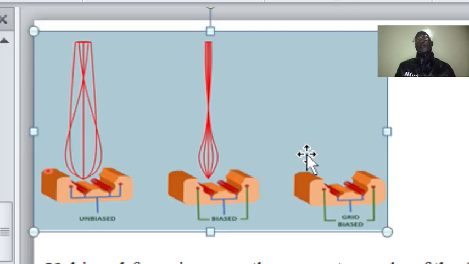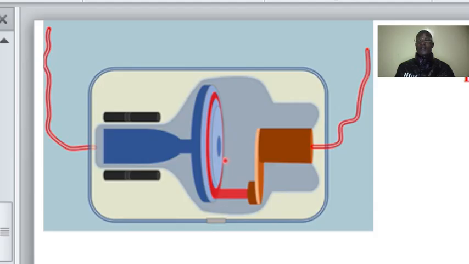It also informs us that if we make the grid or the cap so electronegative that it does not allow some electrons to move, then the electrons that are going to reach the anode will be few, and automatically the production of X-ray is going to be minimal. Now that you understand that X-ray is just 1% of the total kinetic energy possessed by these electrons, it's proper that we appreciate the fact that whenever we set to do a production,